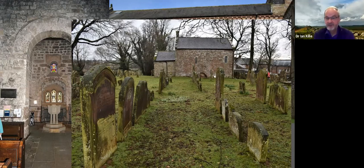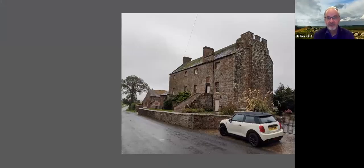And if we could have the next slide, please. And one of the other intermediate houses, this is Drumborough Castle, which is a fabulous place. It's kind of a hybrid military installation and farmhouse vernacular building, but rather wonderful, which also has been remade out of what is probably a lot of Roman material,